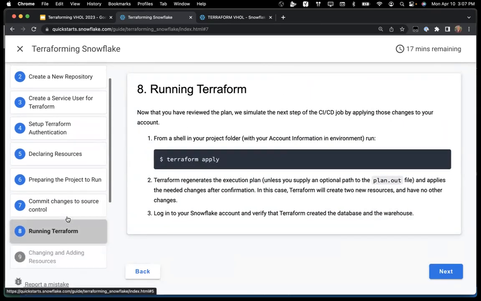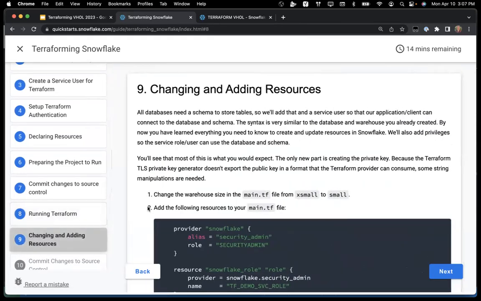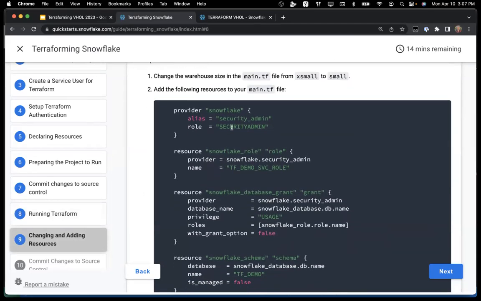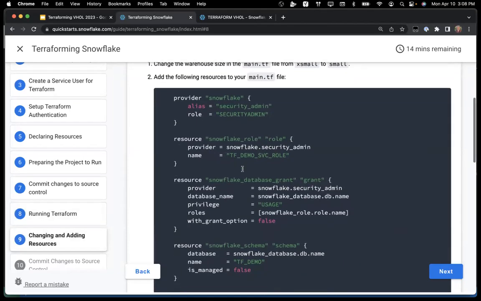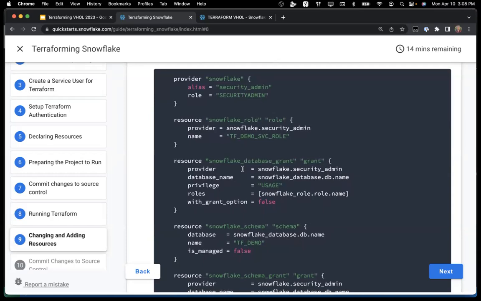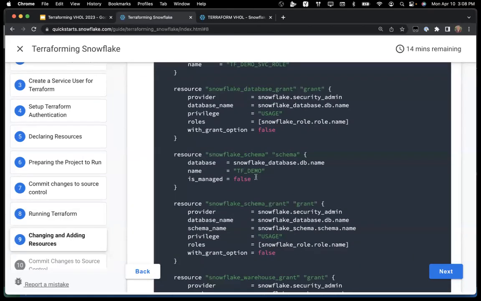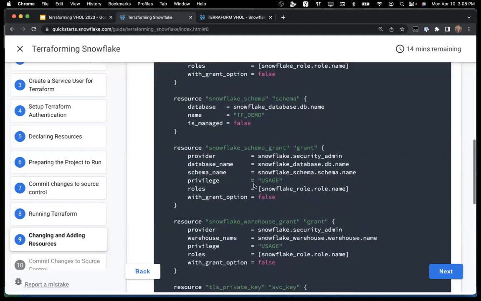I did put the filter in place right now because I did not want it to create everything quite yet. In this next block inside the quick start, you'll see we start adding a lot more things that we need for this specific use case. So in this case, I'm creating a new role. So we have a service role, where there's going to be another credential created that's talking to Snowflake as a user right into this database. So I give it a database grant so it can use this database I just created. And then I will create a user that's going to be part of that role. I create a schema to be able to namespace some new data that's going to be coming in, and grant access to that schema to the role,